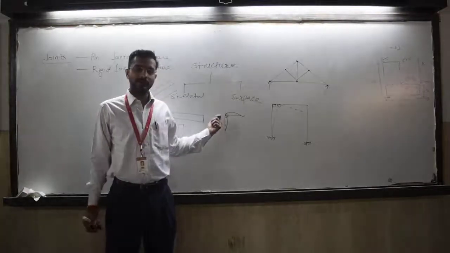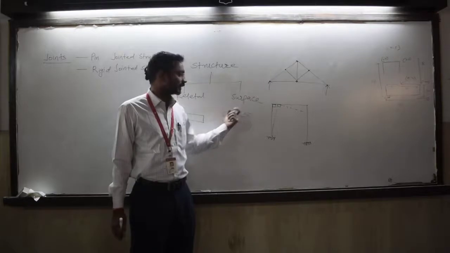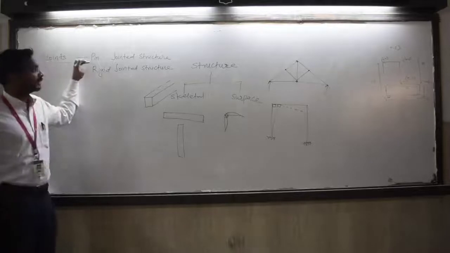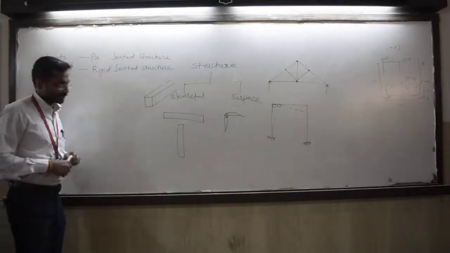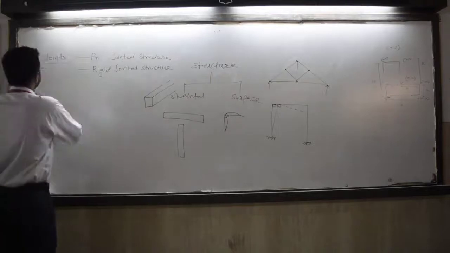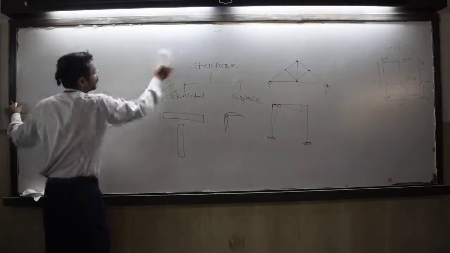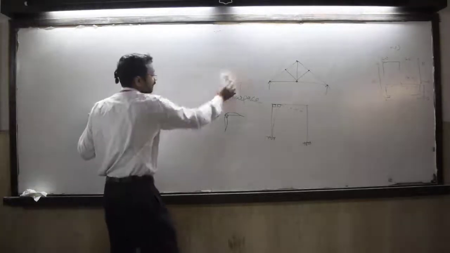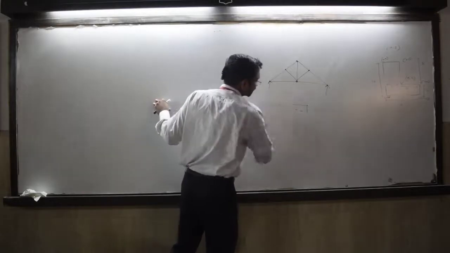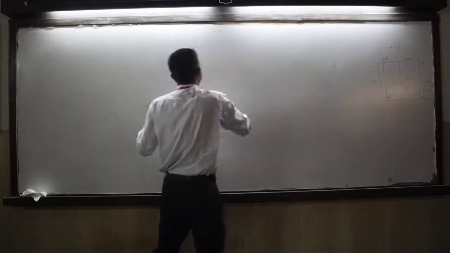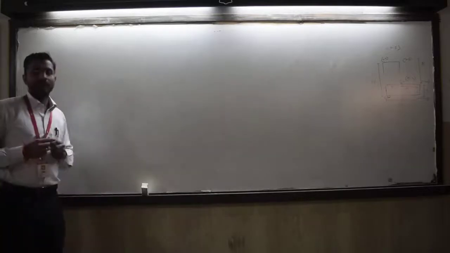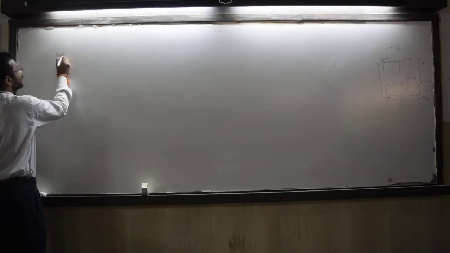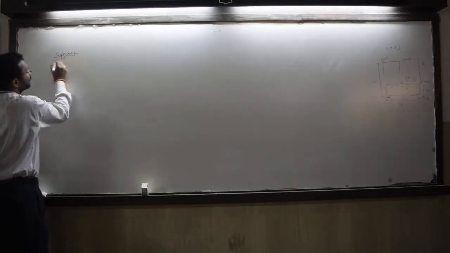So depending on whether the structure is composed of rigid joints or pin joints, the second category we will go for is pin jointed structure and rigid jointed structure. Next, what we will be looking at now is different types of supports. Depending on different types of support, there are different reaction components and different degrees of freedom that we will have to think about. So depending on the type of support, there will be another classification of structure that we will come across.